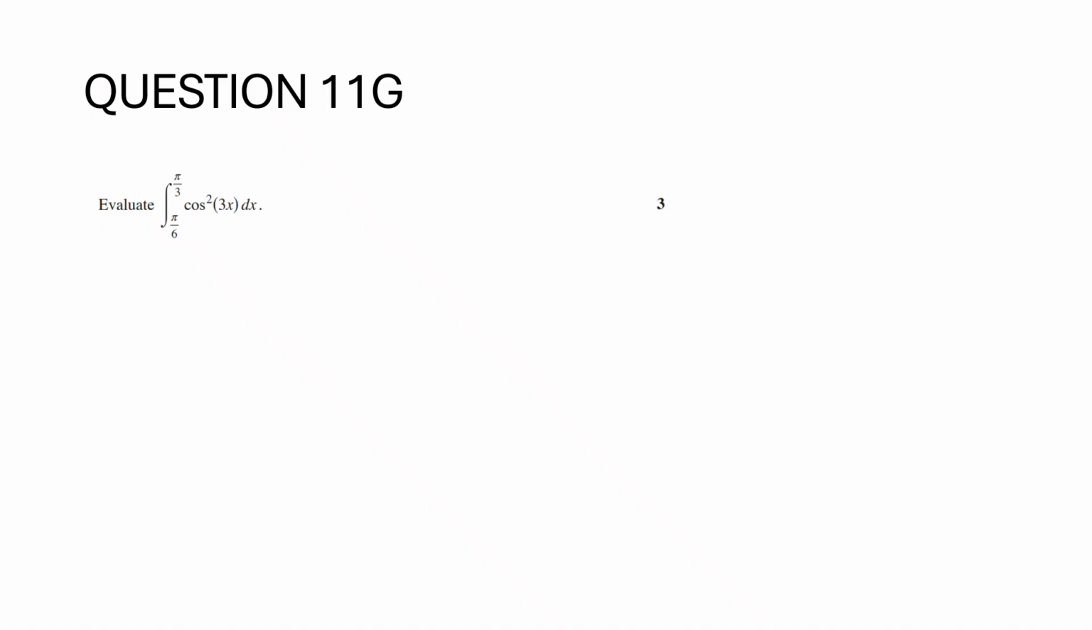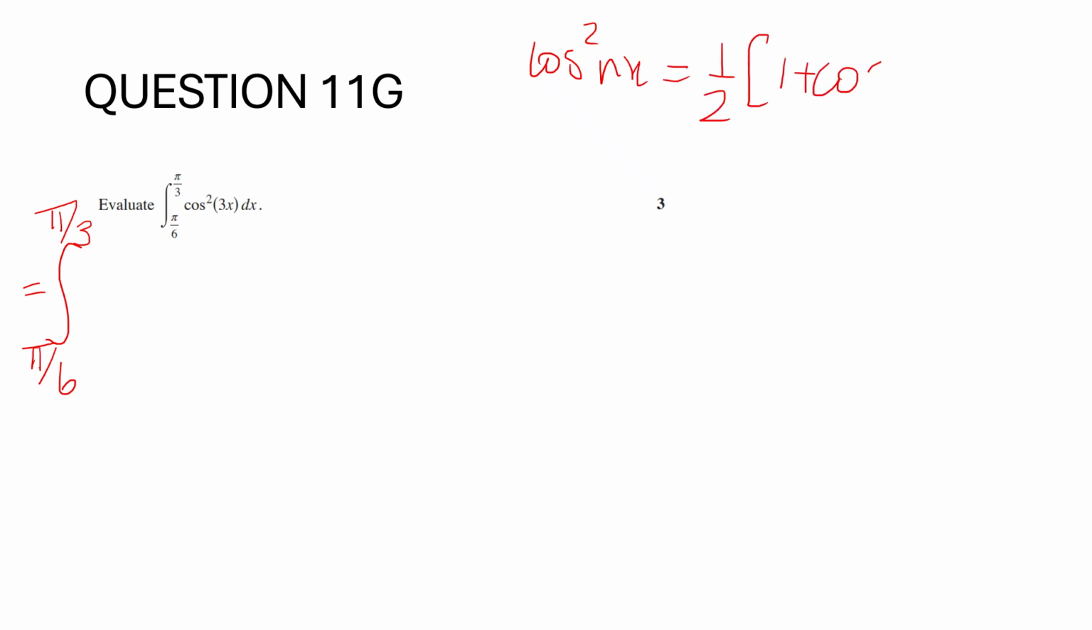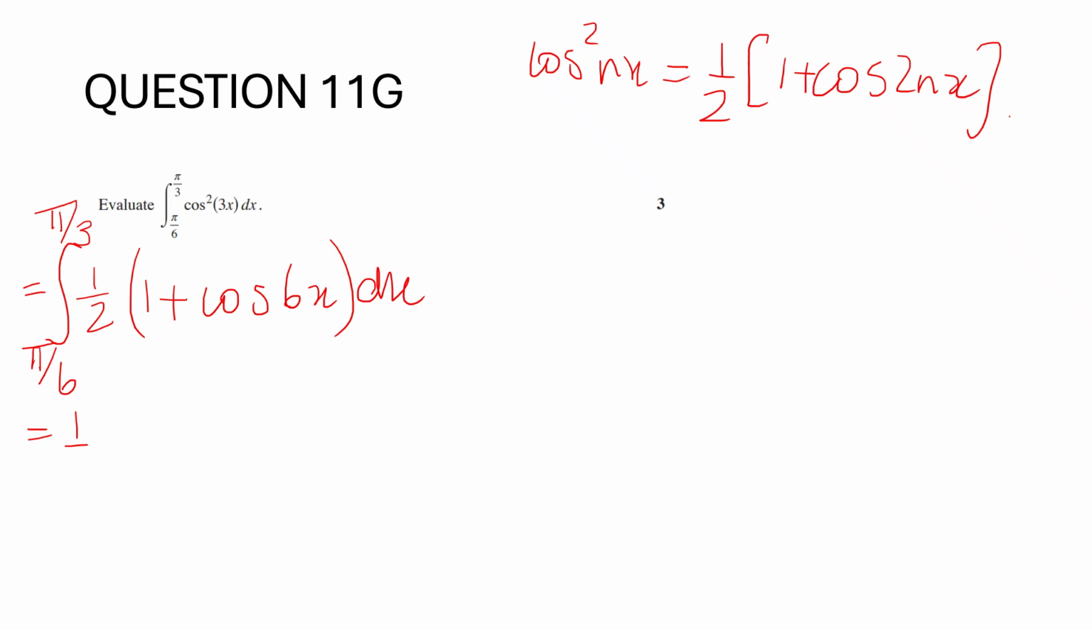11g, evaluate the integral between pi on 6 and pi on 3 of cos squared 3x dx. So we need that identity, cos squared nx is equal to a half, and then brackets 1 plus cos 2nx, and n is equal to 3 in this case. So it's going to be a half outside of 1 plus cos 6x dx, bringing the half out the front,